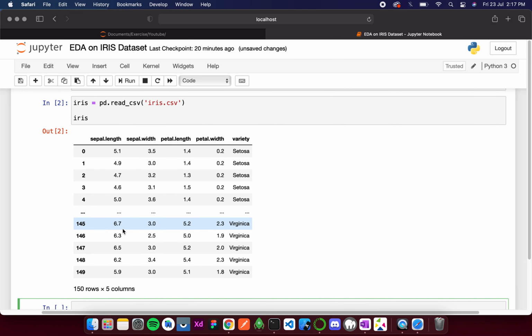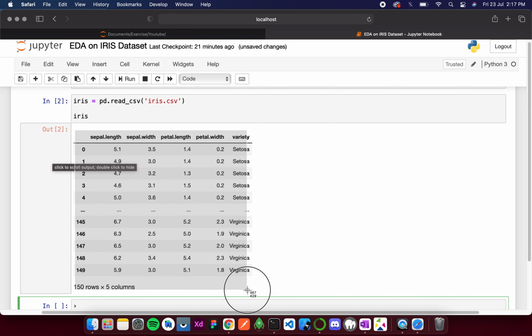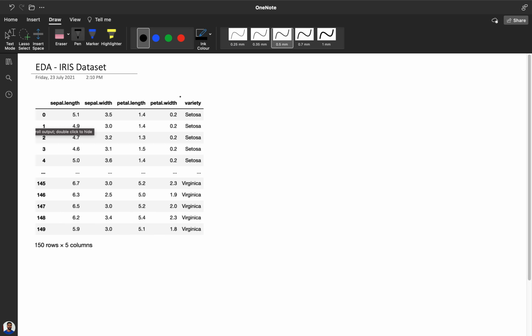Now let's explore our data a little bit. First let's understand our data. Over here you can see we have sepal length, this will be our feature 1.